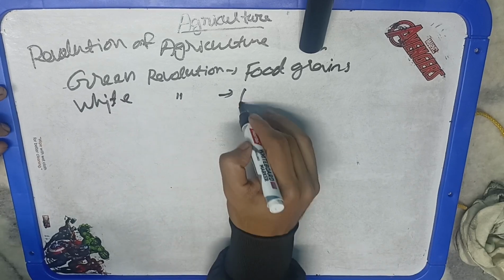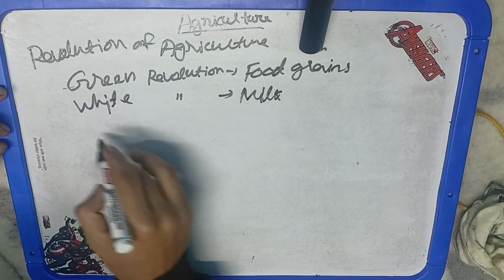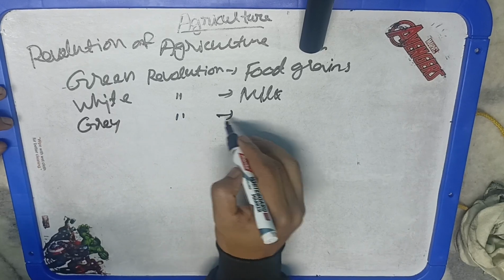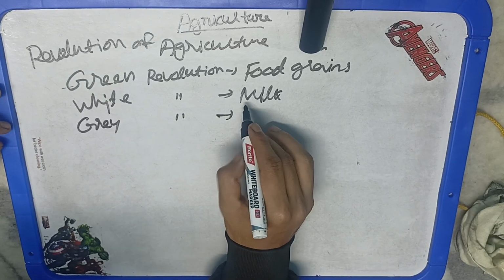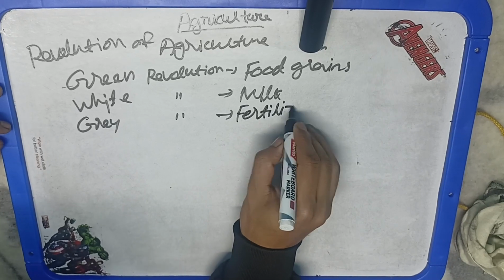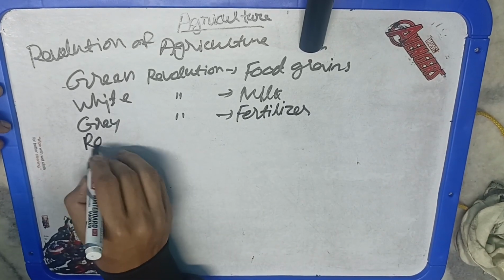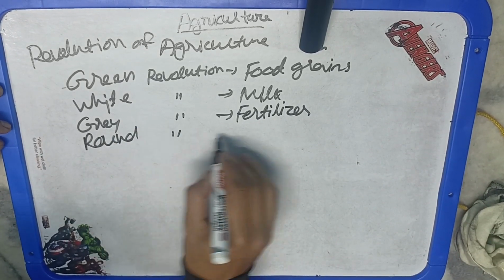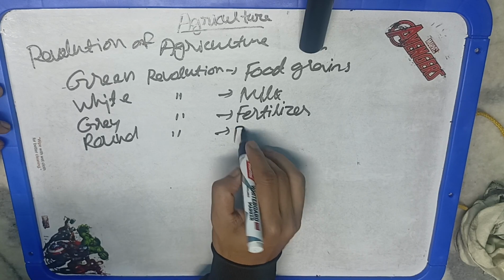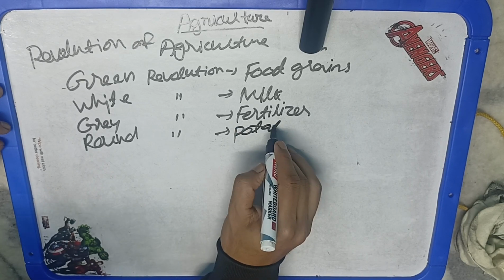But how would we have achieved all those things without any technological support, or we can say research support? So the revolutions related to agriculture started from that time, like the green revolution, associated with the increase of production of food grains. Similarly, white revolution related to increase in milk production. Blue revolution related to fish production. Brown revolution related to food processing. Grey revolution, fertilizer. Yellow revolution, oilseed.